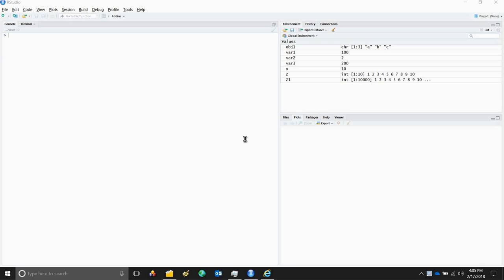Okay, so the last thing that we will try to see is how we store objects into a file. Now we have these different variables available here, and I wanted to save a few of them into a backend file. I can do that using the save function. So when I say save,